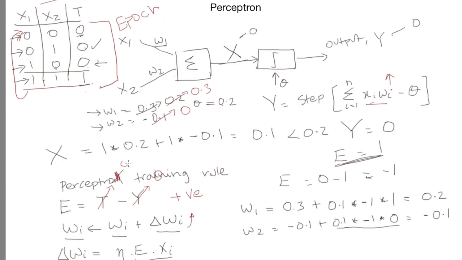Conversely, if the expected outcome is 0, but the neuron is producing a 1, we must reduce the weighted sum of inputs so that it does not exceed the threshold for it to produce the desired outcome. And in this case, that is achieved by reducing the weights, because the error here is going to be negative. So in this way, the error provides not only the magnitude of correction, but also the direction in which the